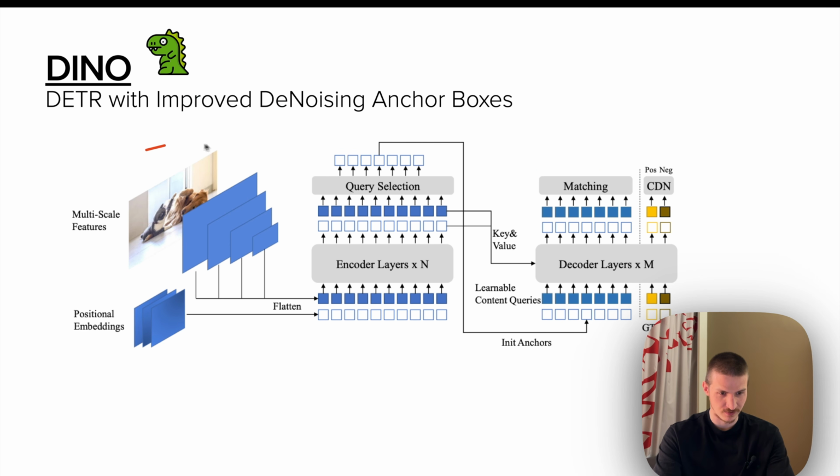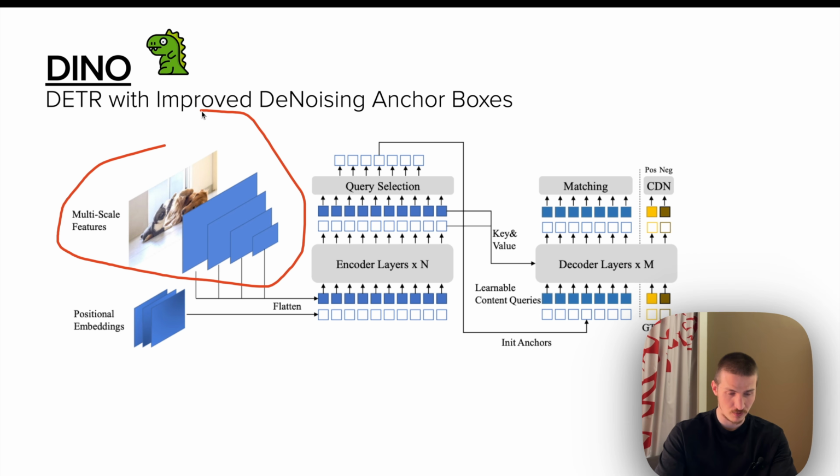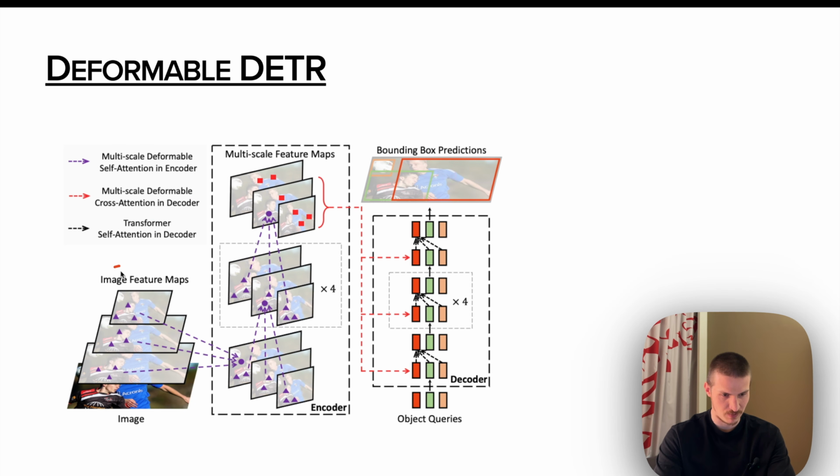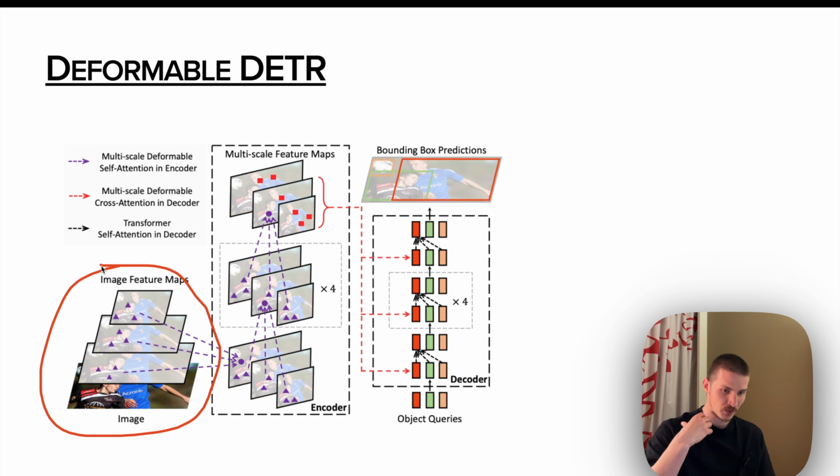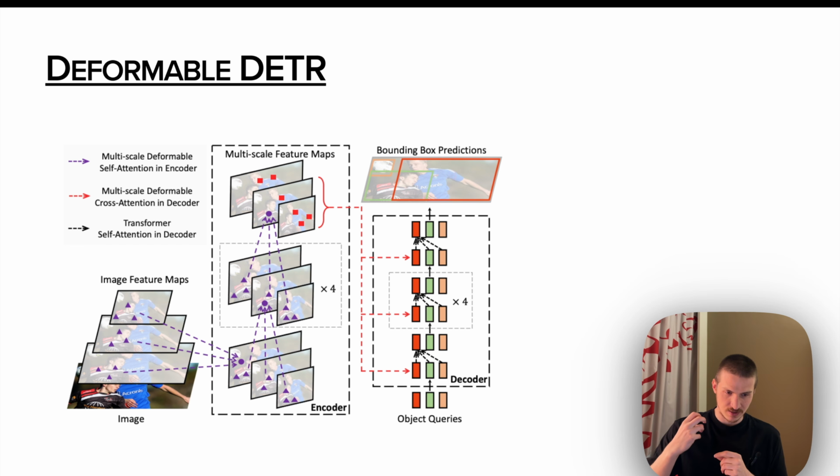So first of all, here it is on the diagram I've shown above about the DINO, and maybe the more representative one from Deformable DETR. So basically, we always start object detection by passing our image through the backbone. That backbone can be something like ResNet, where the image is passed through a series of layers made of convolutions. And after every layer, the pixel resolution is decreased, so the image becomes smaller, but the feature richness of every pixel is increased. So we go from just raw pixels depicting colors in a specific location in RGB